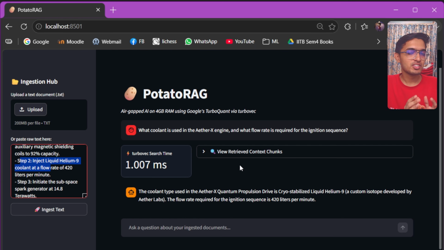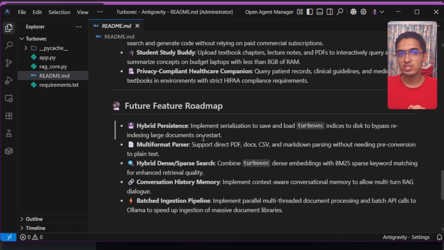So you saw how fast TurboVec is able to fetch the relevant chunk and pass on the new information to the LLM so it can generate the correct response. Now you can also deploy this as a website. So let's say your users can directly ask any query on your documents, and everything will be running locally in your system, so there are no API costs involved and there is no data privacy leak as well. So here I've just pasted some raw text, but you can also use it in other use cases as well,